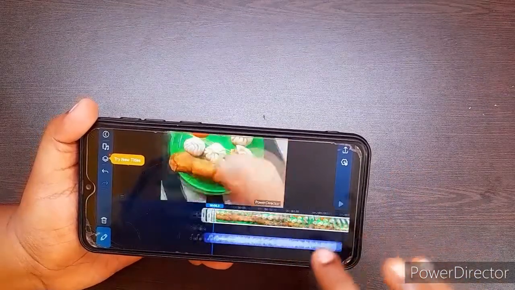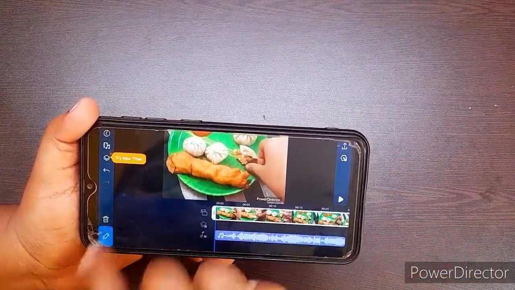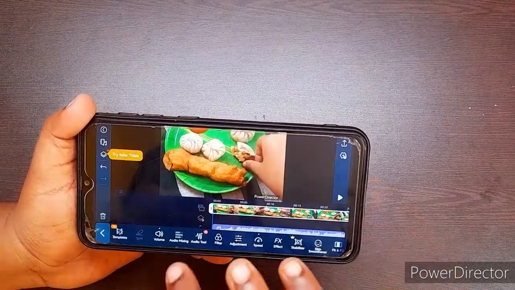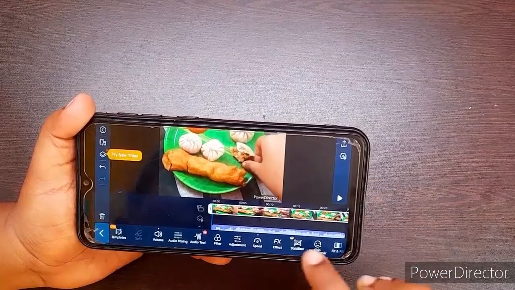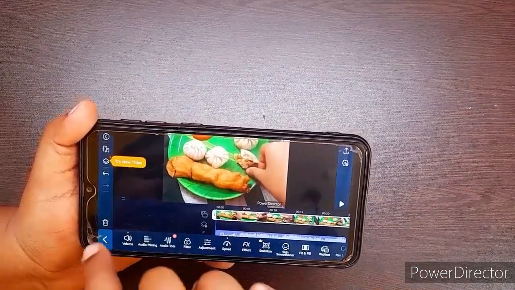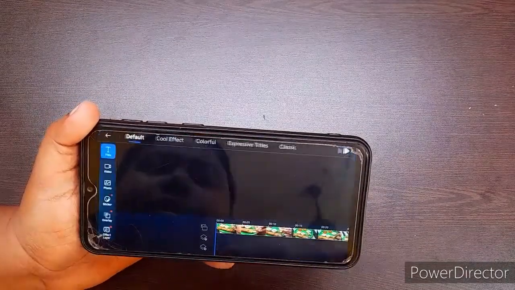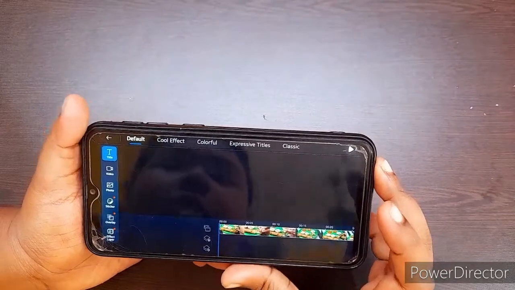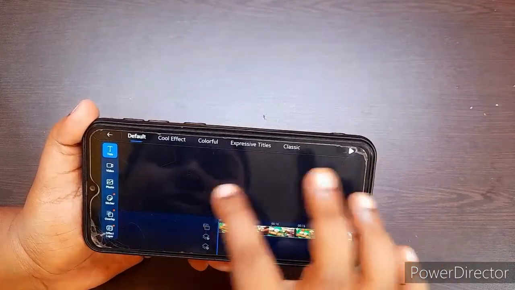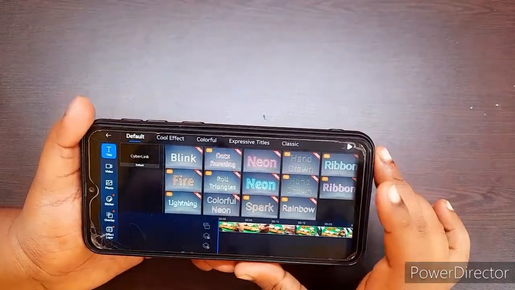So now I will add some text over here. So okay, for text you have to click on this second one. See, yeah, it came.